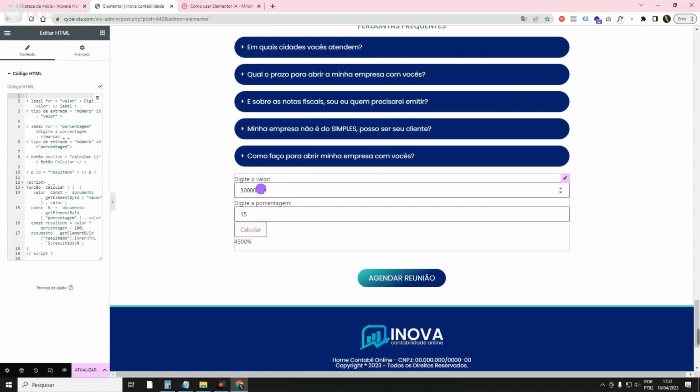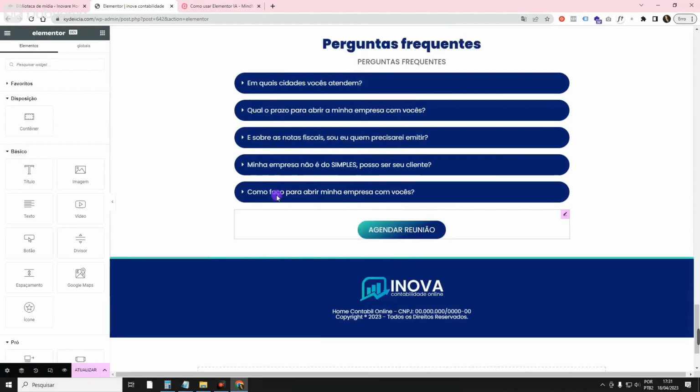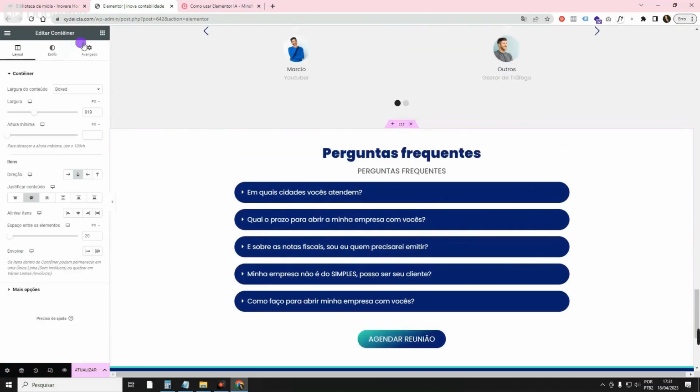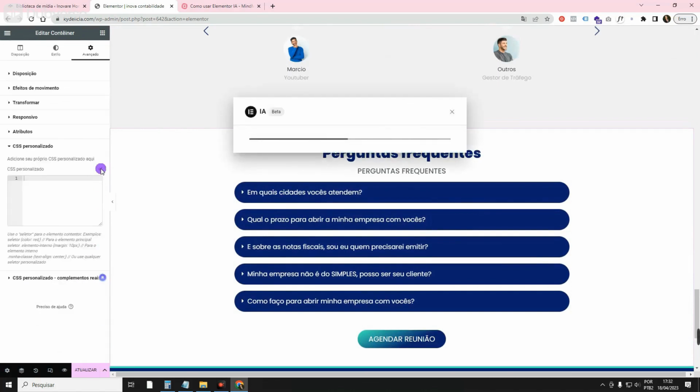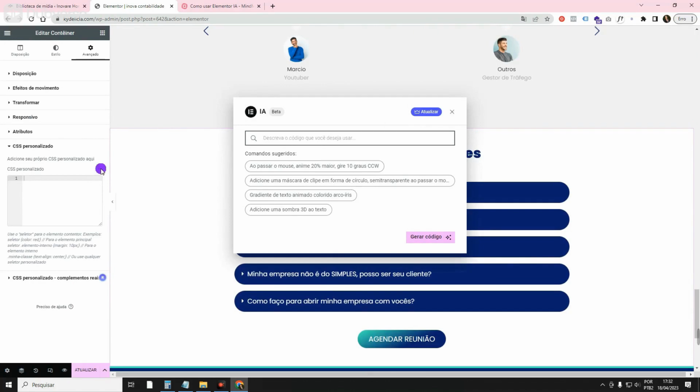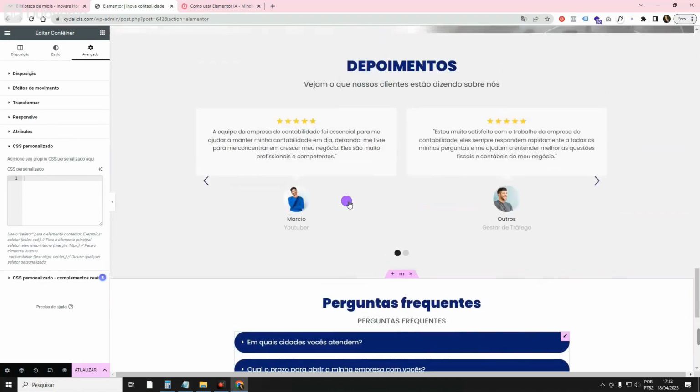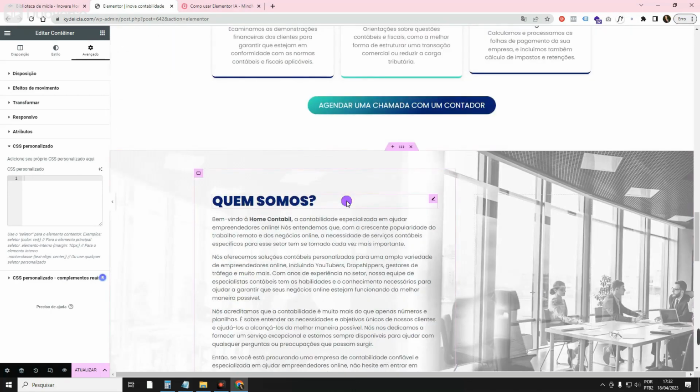Then you can ask it to generate an online CSS to be able to get used to it to help you with that. There are many, many possibilities, as you may have noticed. This CSS issue is from Elementor Pro, so probably this CSS function will come in Elementor Pro. As for the texts, I don't know if it will come in Pro or Free. They haven't specified that yet.